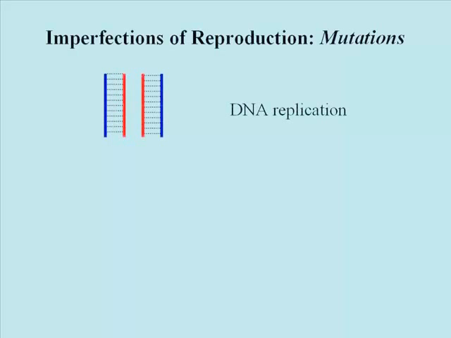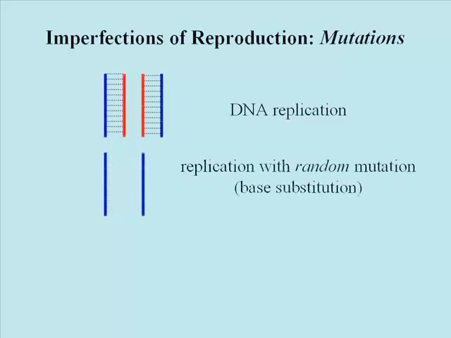Two strands of DNA in a double helix separate, new strands are made. What really happens in most rounds of replication is that some nucleotides are incorrectly incorporated in the process of synthesizing the new strands. This process of mutation is, of course, random, as I said. We're looking here at mutations that are essentially base substitutions.